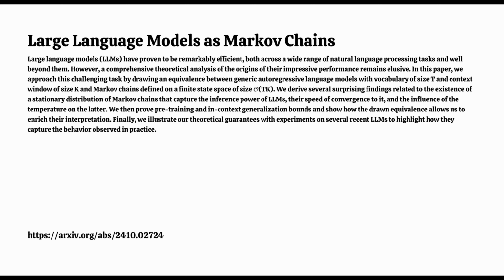Exactly. And the paper elaborates further on this concept, stating that this property is essential because it ensures that the chain will ultimately converge to its stationary distribution. Oh, right, that home base we were talking about earlier. Yes, that unique stationary distribution. And this convergence has major implications for how the model behaves, because it means that the LLM's output becomes more predictable after a certain point. Okay, so even if it starts off exploring this wide range of possibilities, it eventually settles into a more stable pattern.